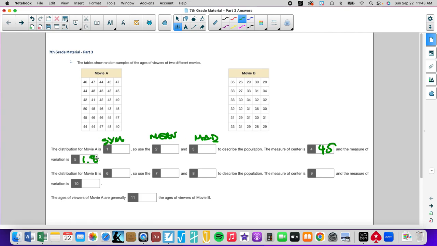Most of you didn't know that answer, which is fine. I mean, this is just the MAD value. It took me a little time to figure that out, so that's very reasonable. I like using Excel to help me when I have lots of numbers like this, and that's a way of utilizing technology. The distribution for movie B is, and if we take all these values and plot it